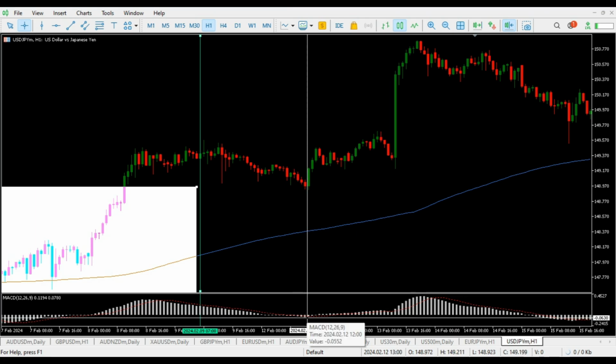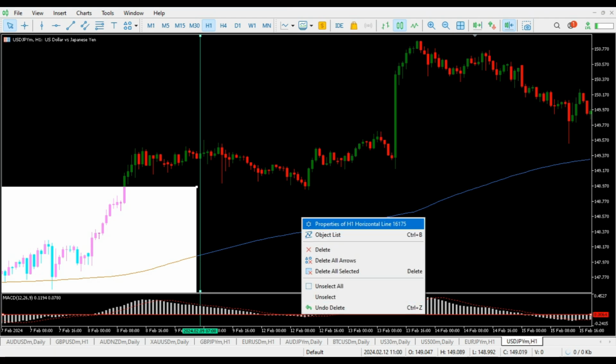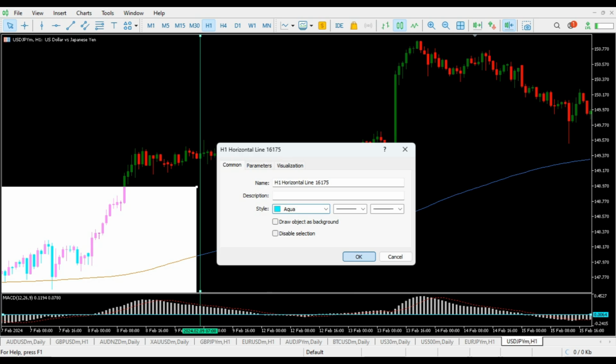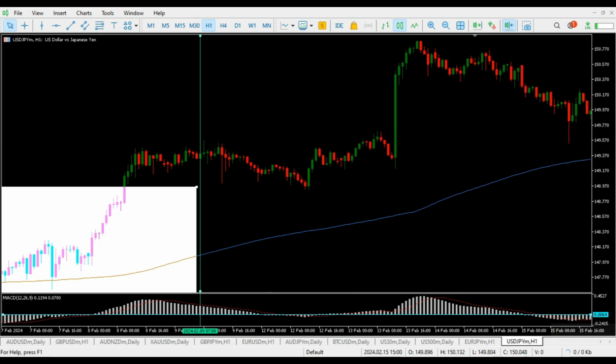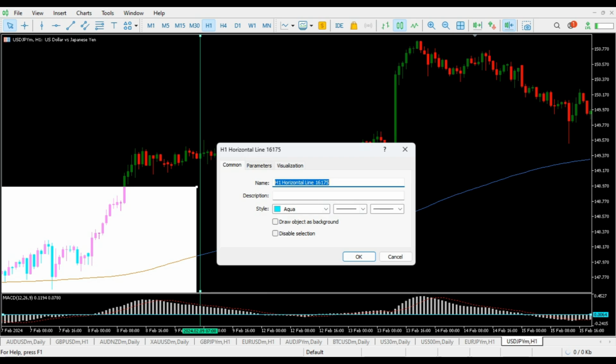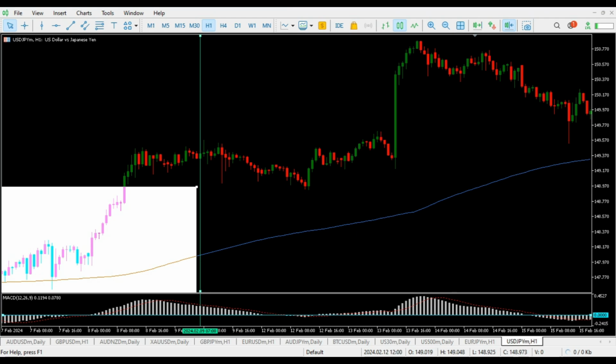The MACD has a zero line in between. The MACD always has a zero line in between here. Whenever the MACD bars are down, the MACD is down, and whenever the MACD bars are up, the MACD is